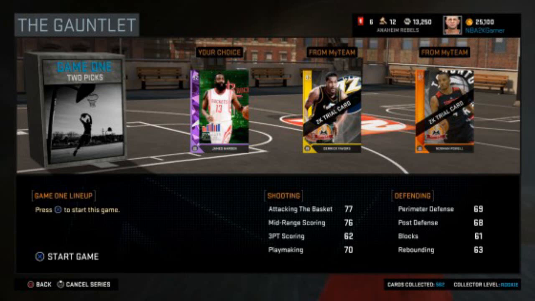And when you start things off, you start with choosing 10 players from your collection. You can just choose any of your 10 players, but each of those players can only be used in one game in the 10-game series. So you guys can see in the screenshot right here, he chooses the dynamic ratings James Harden as one of his cards. So once he finishes this game with James Harden, he can no longer use that card in this